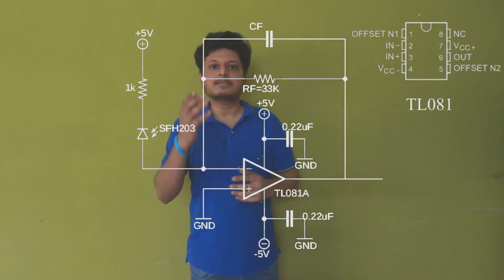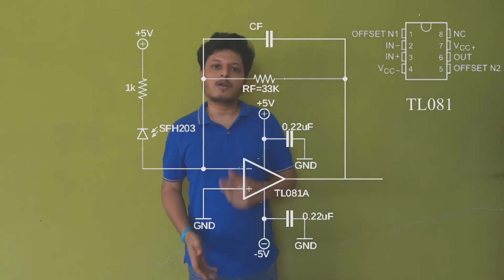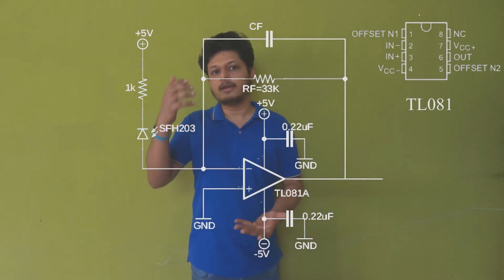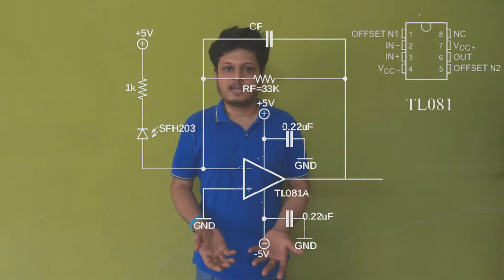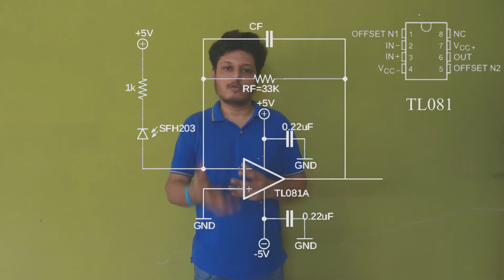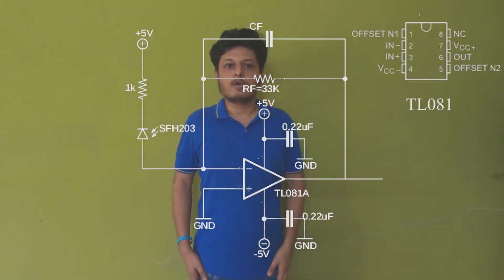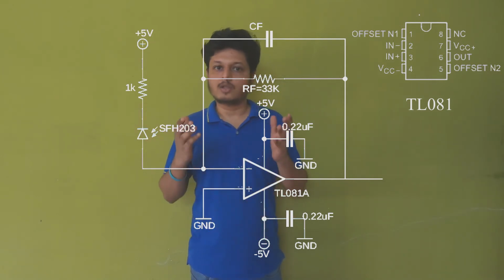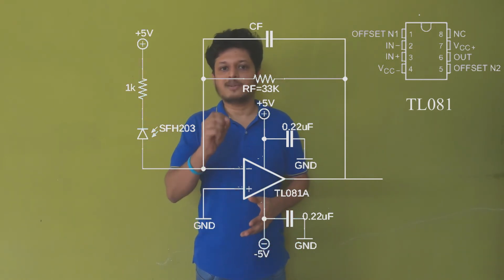Now if we increase the value of RF, it will of course increase the gain of the circuit, but on the other hand it will reduce the bandwidth of the circuit, and vice versa. That is, if we reduce the RF value, we can get a good bandwidth, but we will reduce gain in this case. So there's a trade-off between these two, and the value of RF depends on your configuration or your requirement, what bandwidth you require and what kind of gain you require, because we usually require a lot of gain to achieve good SNR at the receiver side, but it's not possible because if we increase the gain, the bandwidth is going to drop. So the choice of RF is very much important.